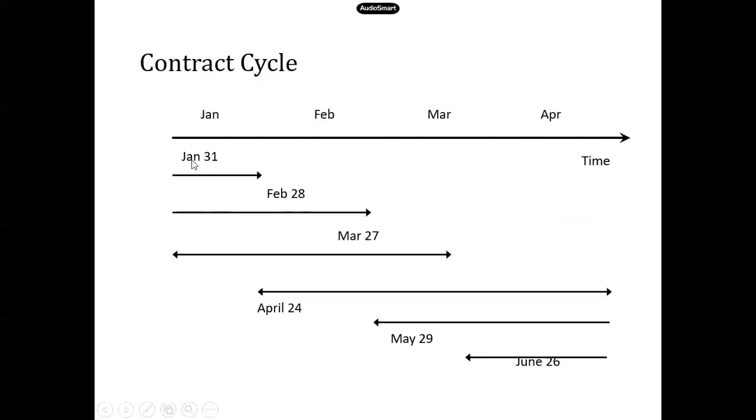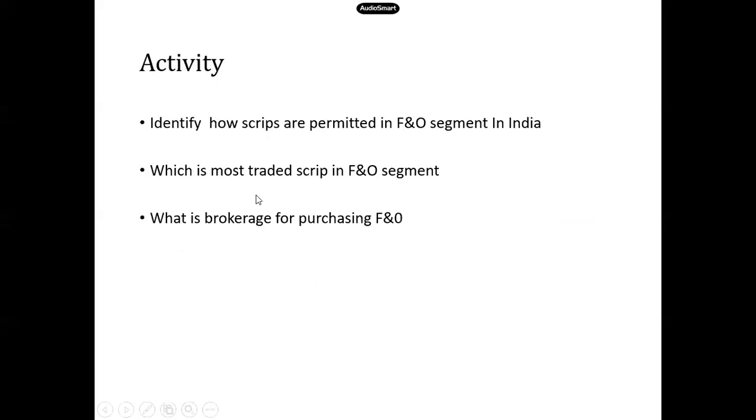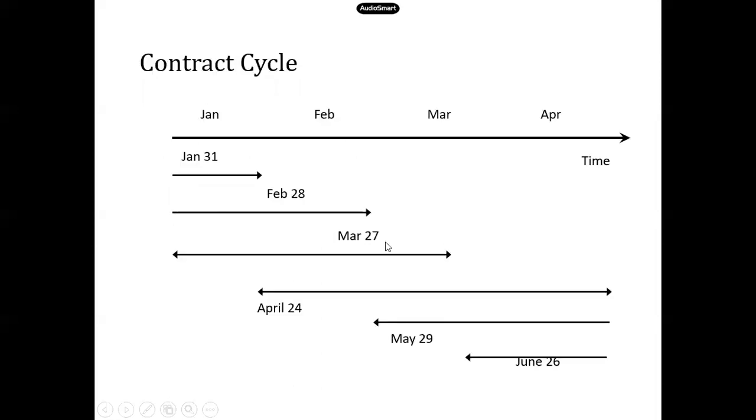See, in the month of January in India, you'll have the January contract, Feb contract, and then you have the March contract. As the January contract comes to an end, that is, you bought the futures at 452, the share price went to 490 on the settlement date. So the exchange will give you that profit, the difference, that 38 rupees into whatever is the lot size. And then along with your total initial margin, it will be paid back to you. Then the exchange will introduce the April contract. So in Feb, you will have Feb, March, April. Like this, the exchange keeps introducing contracts when the old contract expires.